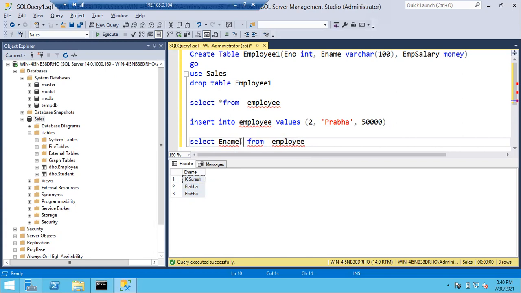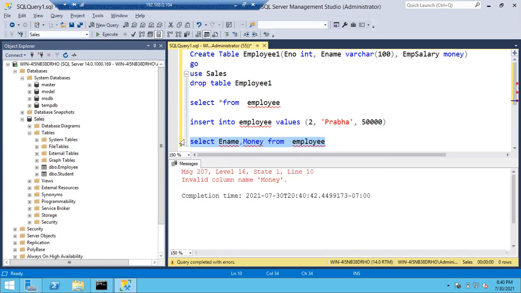Employee name, comma, money. You have to simply mention the column names using comma. You have to separate each column with a comma, and remaining everything is same. Select employee name, comma, money from employee. Okay, so it is not working, why? Because money is actually a data type, a keyword, so that's why it is not allowing us.